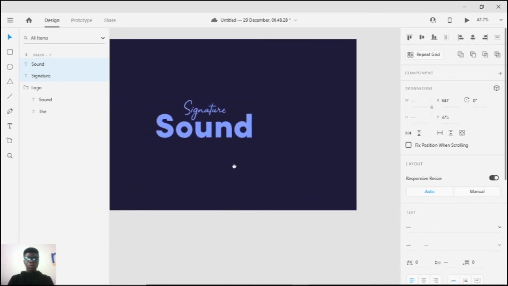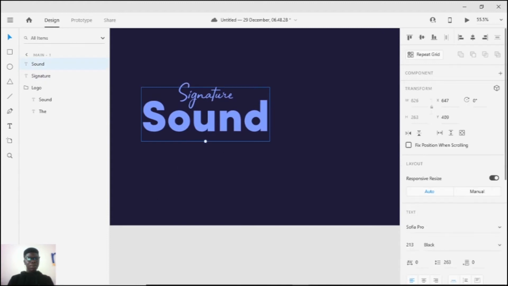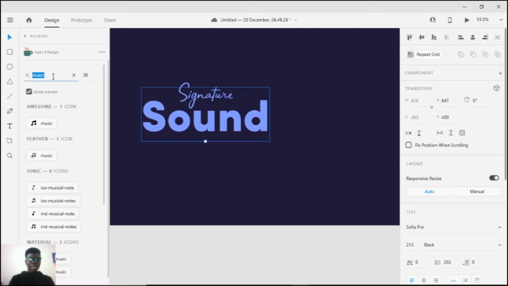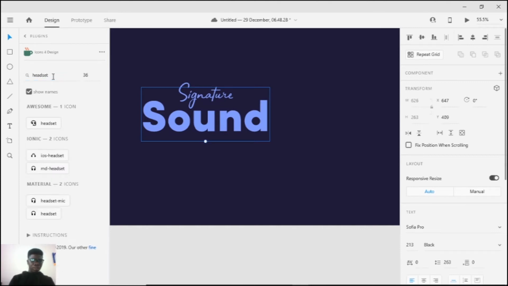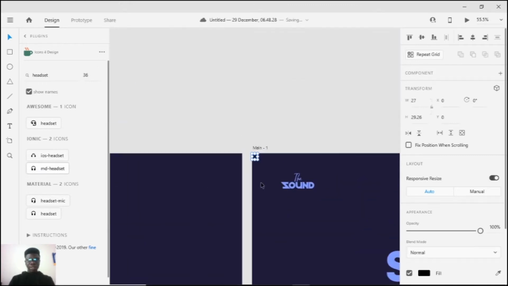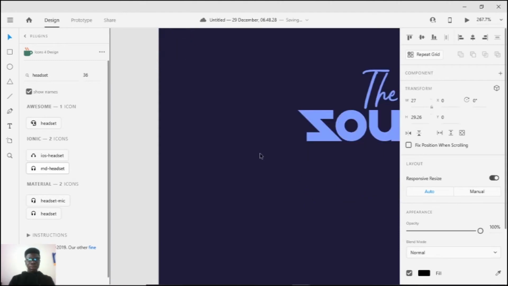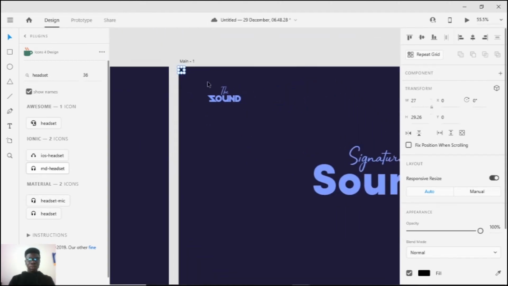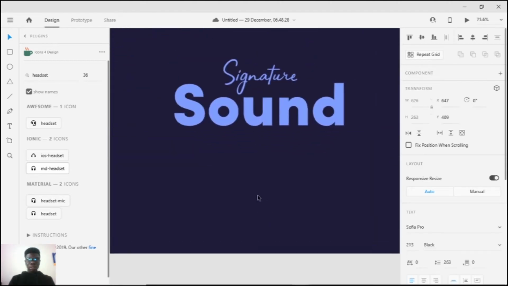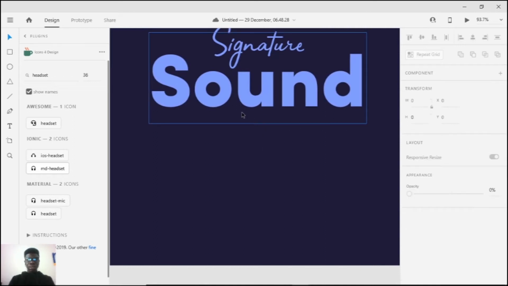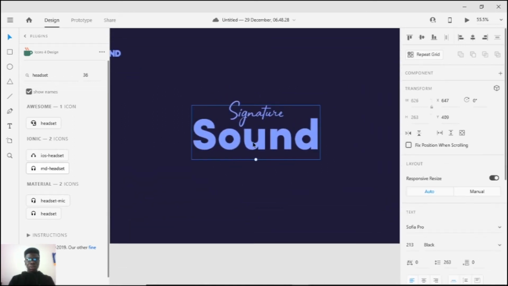So we have that. There's this plugin I have called Icon 4. Yeah, Icon 4. So I need the headset stuff. And the headset stuff. And let me make use of this. So let's click on